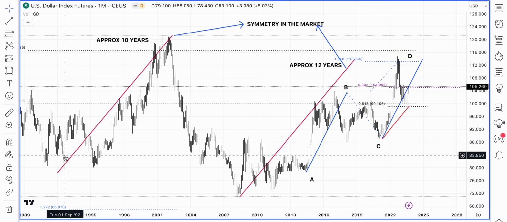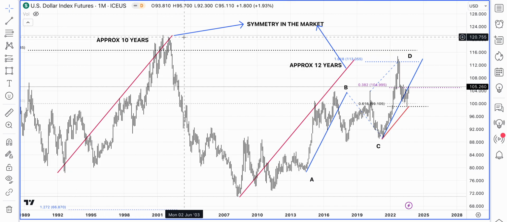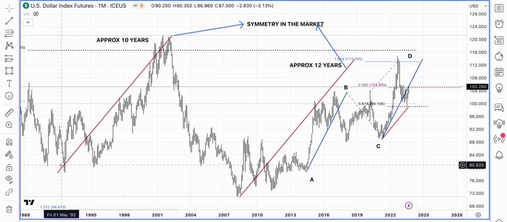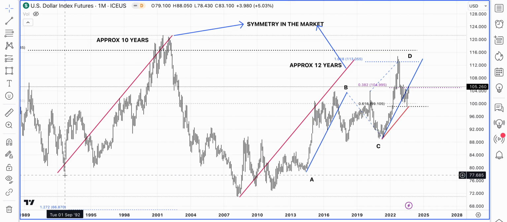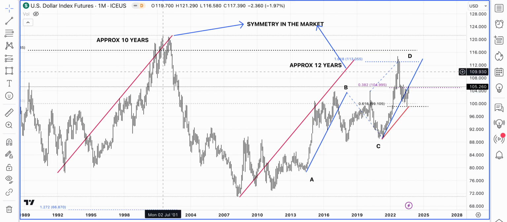So that's quite a while ago, 3 decades. And what we see is that we have this what we like to call market symmetry here. It took approximately 10 years for this market to rally from September 1992 to form a top around 2nd of July 2001, and then we had this recovery top come in half a year later, in January of